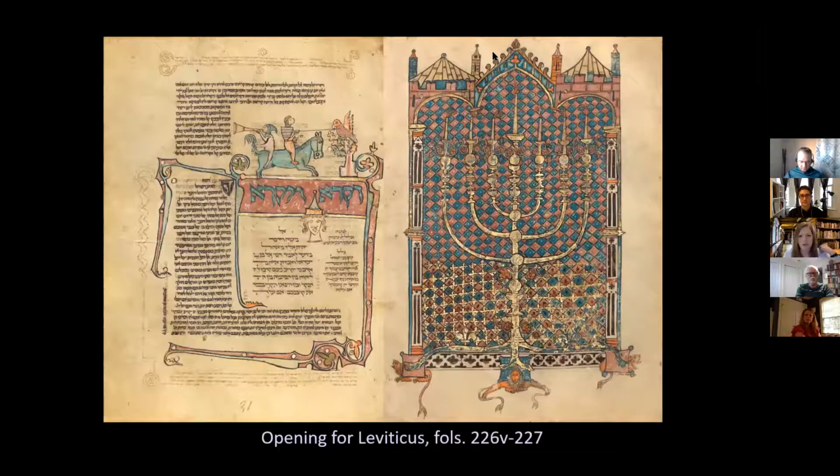So just to give you a sense of the range of the imagery, this is the opening for Leviticus. You can see the menorah, which would have opened the book, on the right, and then the first words of Leviticus on the left. And this is interesting because it's the only full page illumination in the manuscript. And Leviticus, as many of you know, introduces the way that the tabernacle should be kept, including the lighting of the menorah, the keeping of the oil, all those kinds of aspects. So it really makes sense that the menorah would have opened this. But this introduces the first question, which is,